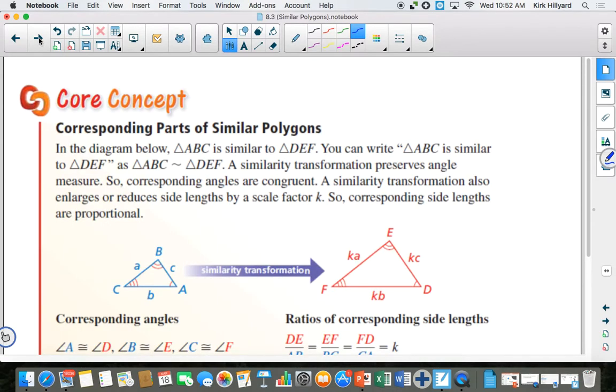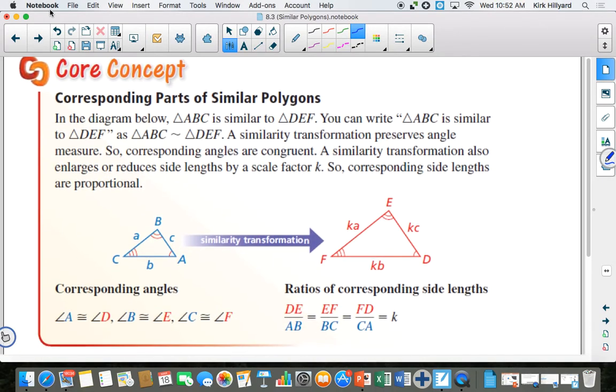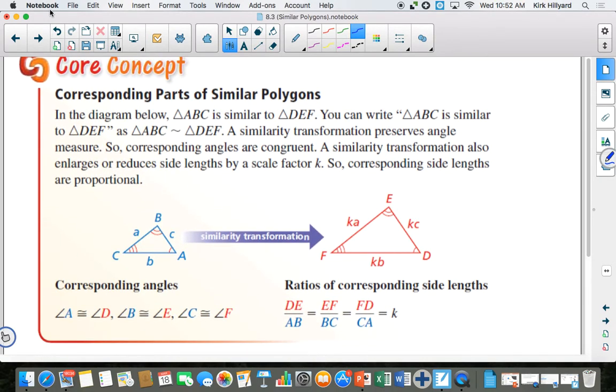Okay? So looking first at the core concept here, we have 2 triangles: triangle ABC, and then triangle DEF. Notice as we're labeling sides here, we go from the angle to the opposite side. The angles are represented in uppercase letters. The sides are represented in lowercase letters. And we can match up